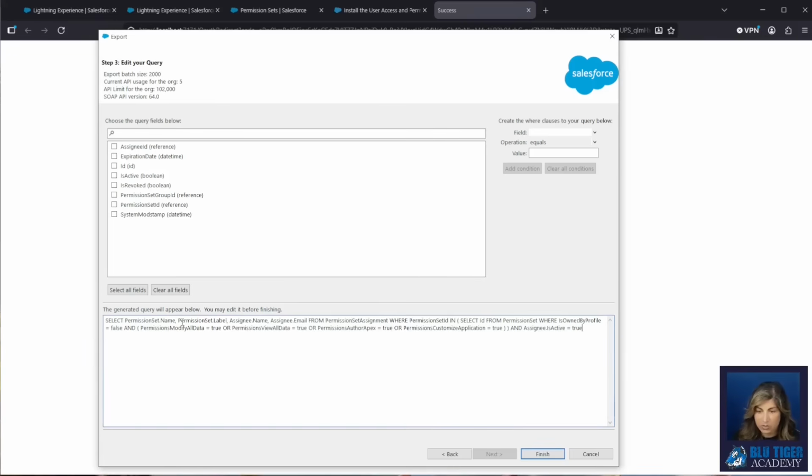So this is going to pull the permission set name, label, the person that it's assigned to, their name and email, for all of the permission sets that have one of these permissions equal to true. So it's going to look for those 4 privileged permissions, and it's also going to make sure that the person assigned to it is currently active in Salesforce. So I will put this query in the Blue Ninjas article in the description below, so you can just copy and paste this. So we're going to click finish here,